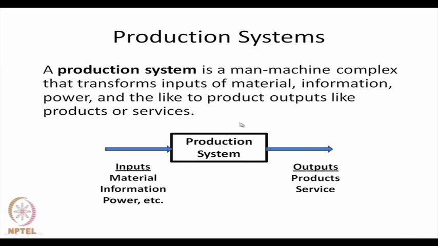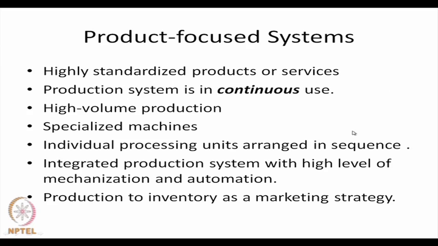In the context of a manufacturing system, we call it a production system. Now, an enterprise could be product focused or it could be process focused. Highly standardized products or services are usually product focused,